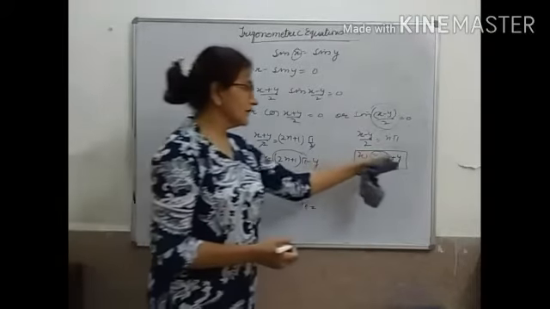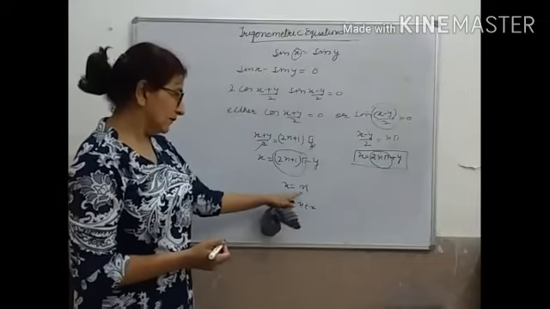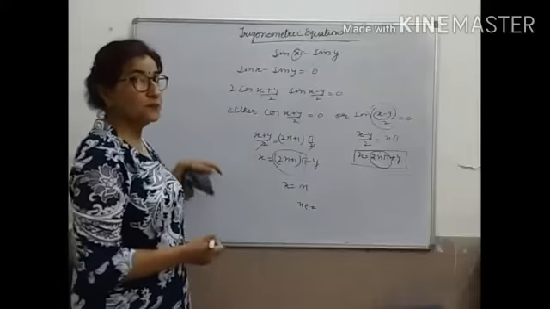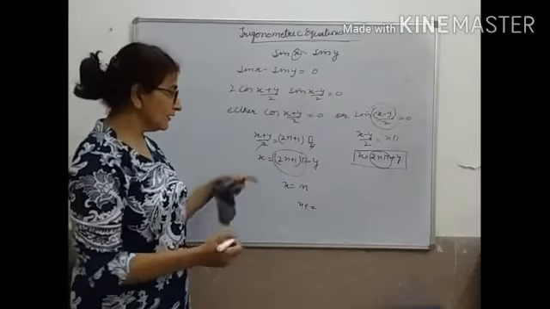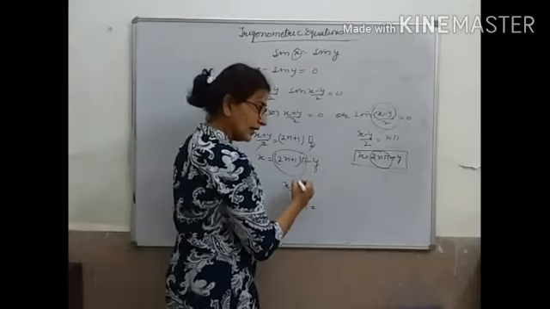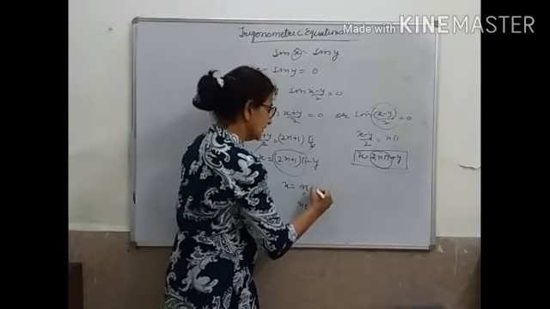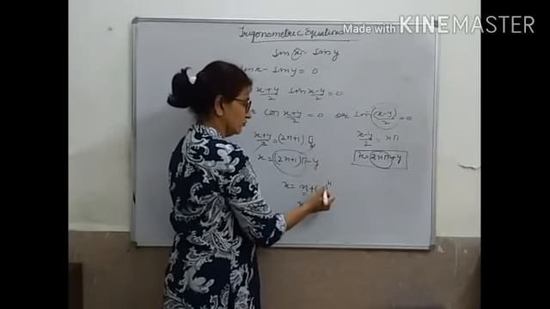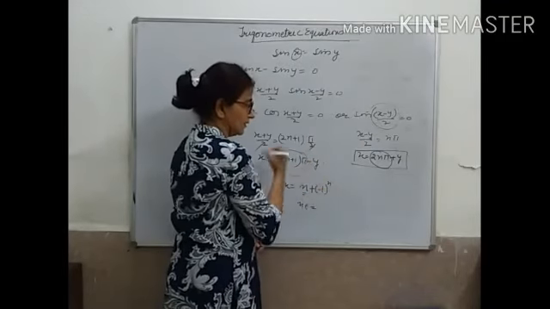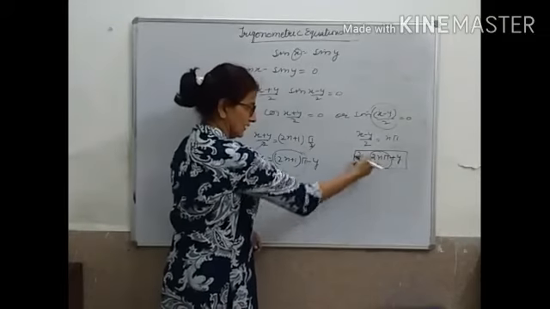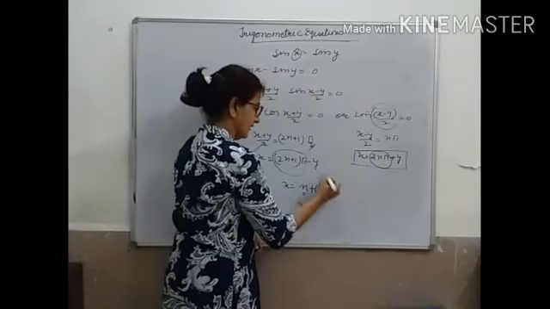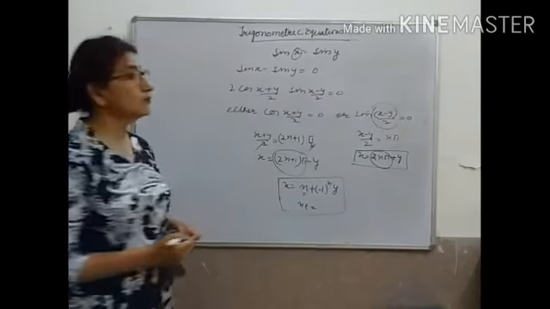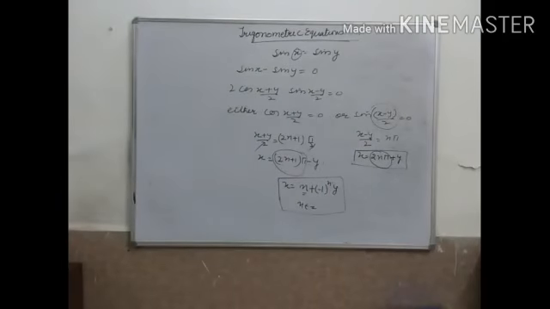Now for this minus and plus, what should I do, because this sign will depend on plus and minus. If n is odd, minus will come; if even, it will be plus. So how should I club this? Simply, it depends on n. So we have shown it like this: plus and minus both are shown here. If it is odd, automatically it will become minus. If it is even, automatically it will become plus, and then y. So this is my general solution for sin x is equal to sin y. Okay? I hope you get it.